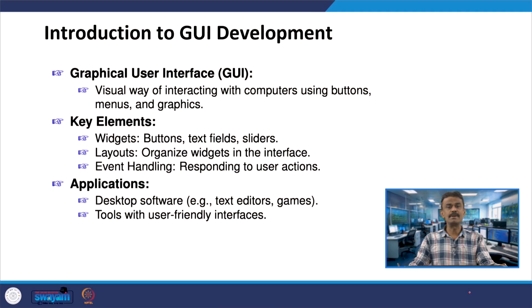So, the key elements in a graphical user interface are the widgets: buttons, text fields and sliders. We will see an example. In some software, you can see the top down menu, and the top down button, and you can even type a few things, which you call a text field, and then you will have sliders. Like this, you yourself can create now, right.